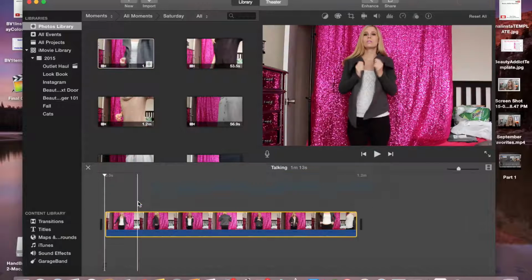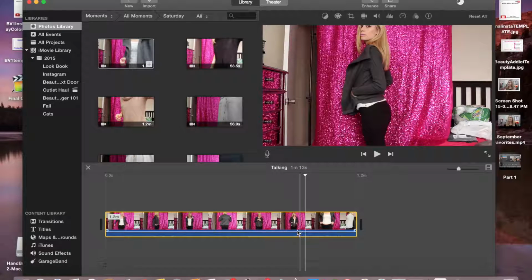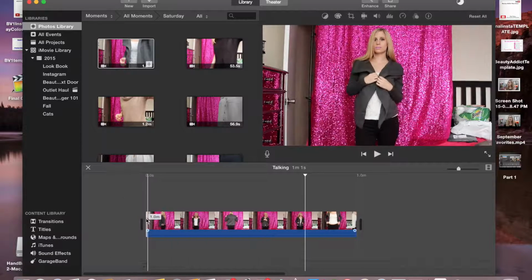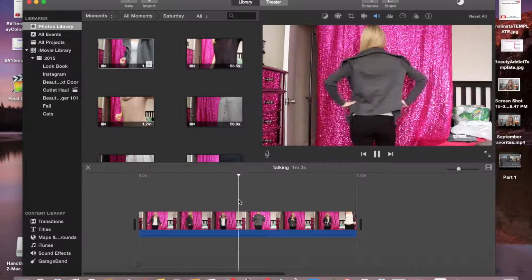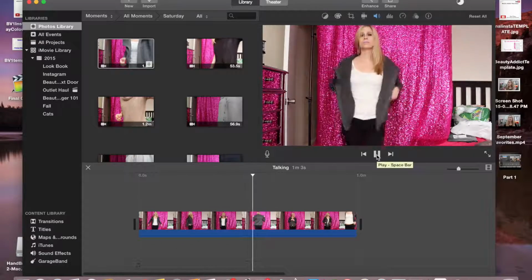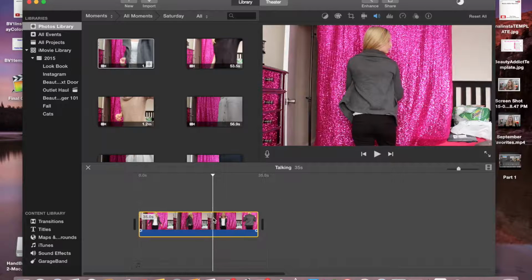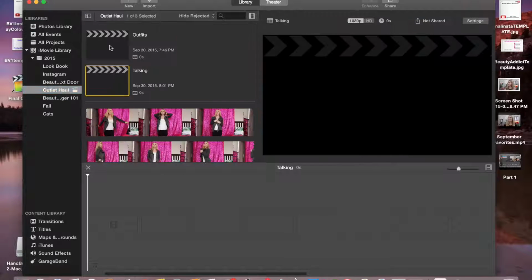So I'm going to pull my first clip, and this is for the outfit section. And I'm just going to edit certain parts out, you know, me walking to the curtain, me walking away from the curtain, and then just showing the main parts that I want to be showing in my video. So I make sure I show the front, the back. So yeah, I edit out the end part. And I cut it and put it underneath the outfits folder because I realized it was actually under the talking